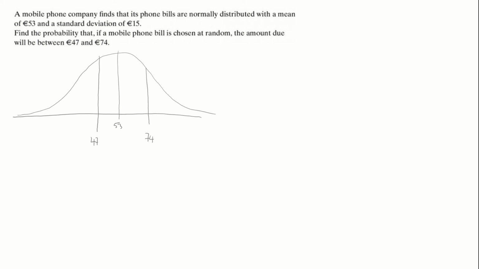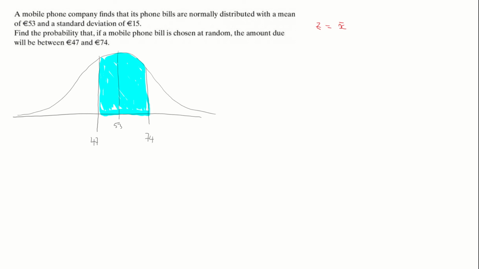Okay, so they want me to find the probability that it's picked between that region. Now the only difference here is that in this question they've given us money. They haven't given us z-scores, so we basically need to turn these numerical values of euros into z-scores. Now the formula for a z-score is given as, let's just write it up here, z is equal to x